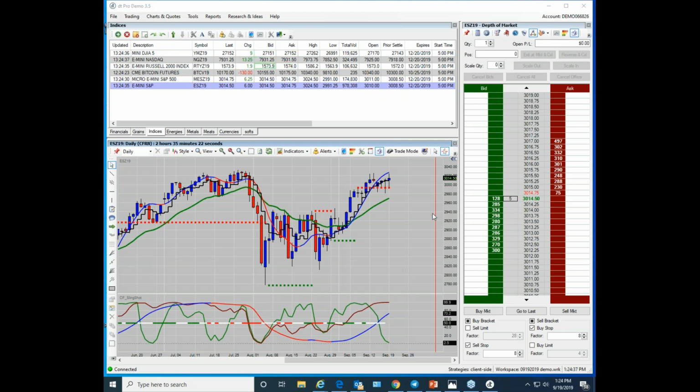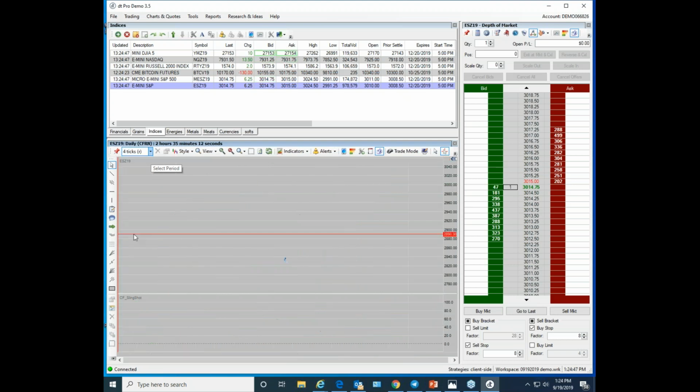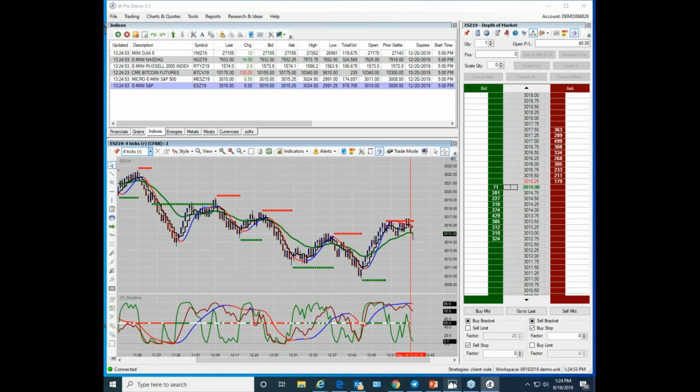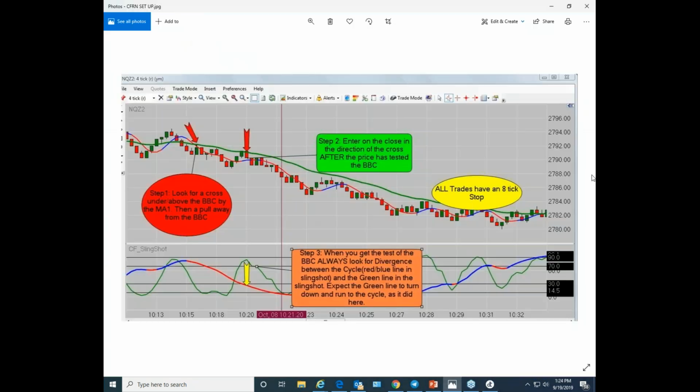So the point is larger time frames, also the 4-tick range. All right, so let's go looking around and see what we can do. Let me go back to this diagram here. First thing we do,